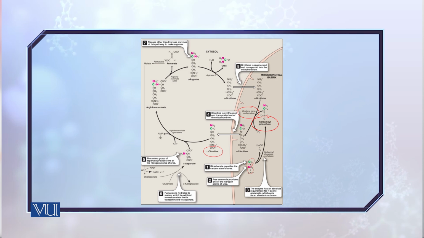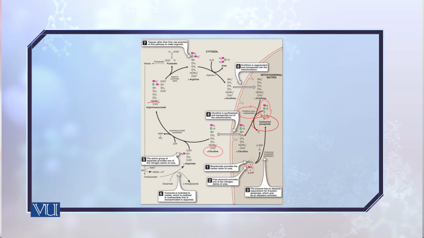Keep in mind the amino group here, the ammonia group, which will later become part of the urea. And also keep in mind that the formation of carbamyl phosphate and then the reaction between carbamyl phosphate and ornithine, which gives rise to the formation of citrulline, takes place in the mitochondria. From the mitochondria, the citrulline comes into the cytoplasm, and here it is then converted into